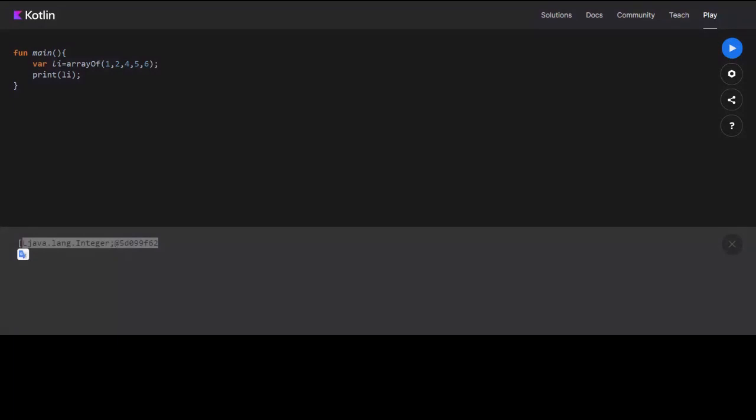So that was list. And after that, you have also learned mutable list, mutableListOf. It's the same thing here also as in list. If you want to define the type of list, you just have to say int. So now the type of list will be integer. So that was it. Now the next thing would be functions.